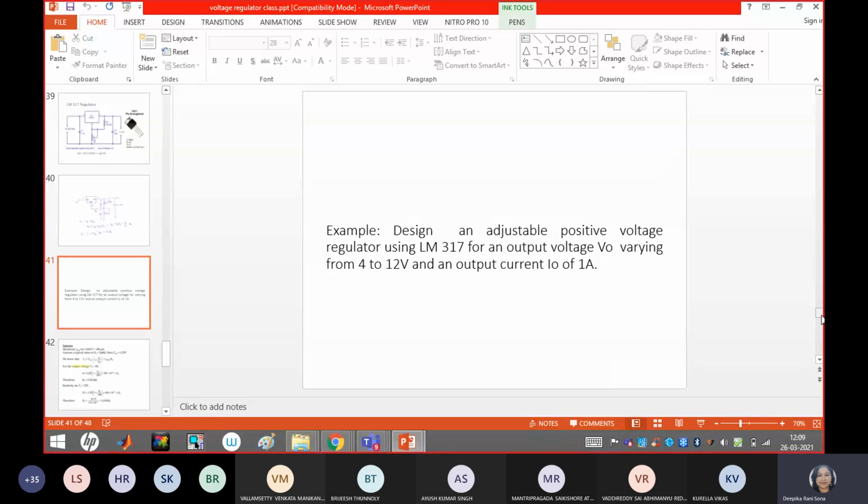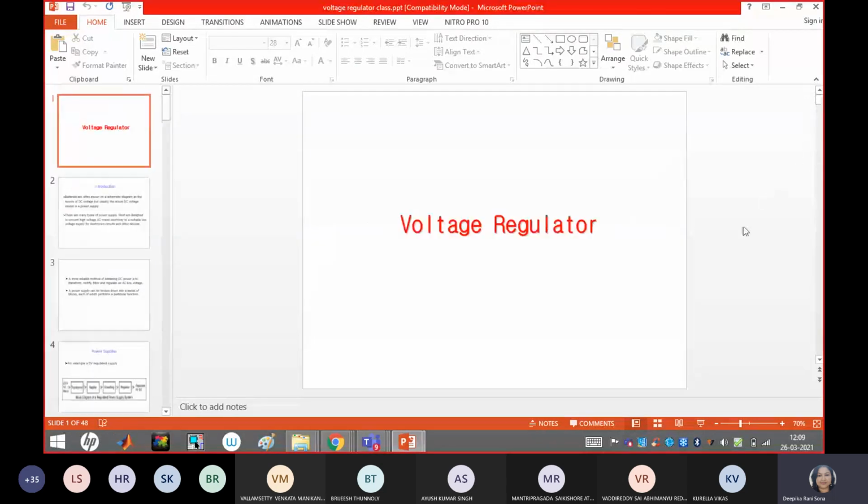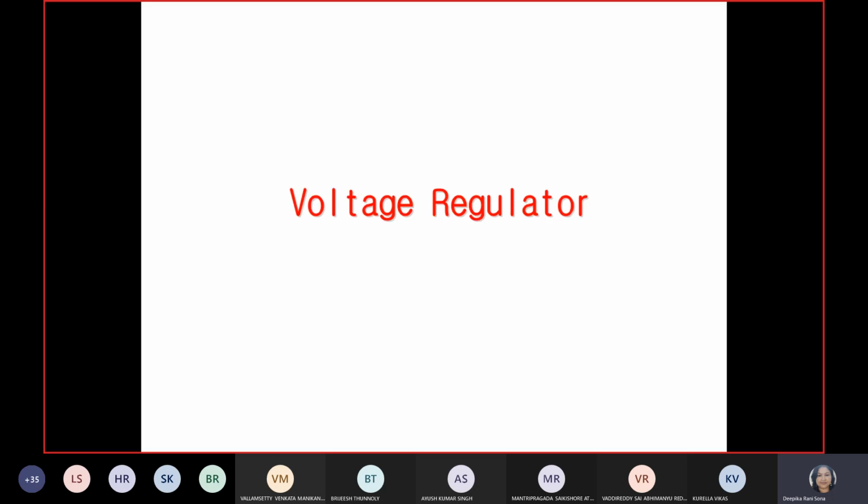Okay, the new topic we are going to study today, guys, voltage regulator. This is part of your module 3, or we can say the end of the topic. So voltage regulator, guys, where are we exactly using a voltage regulator, what is the purpose of the voltage regulator? In our day-to-day life, we need the regulated power supply. Till now we have seen the effect of the rectifier circuit, then transformer we also know the concept, filter concept also somewhat you know, then regulator, voltage regulator.